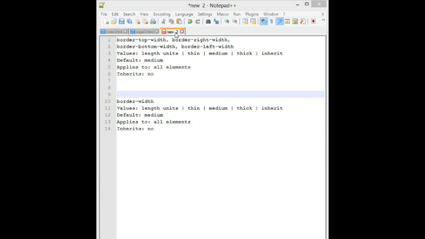Border colors are specified in the same way, using the side-specific properties or the border-color shorthand property. When you specify a border color, it overrides the foreground color as set by the color property for the element. So I'll just show you the values for the border-color shorthand property and the different border color properties.